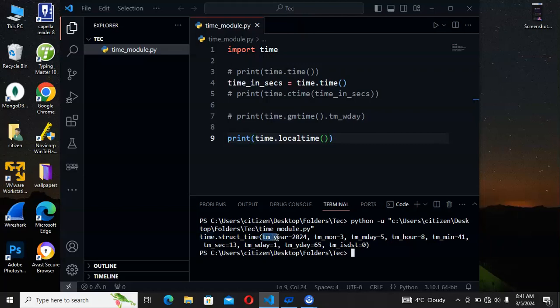So here in the year 2024, and month, day of the month, hour and minute, etc. is available in the struct time object. So this is how you can use the local time function. Another function is, if you want to convert a struct time object like this into the seconds since the